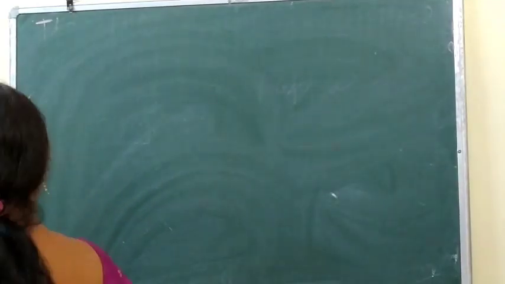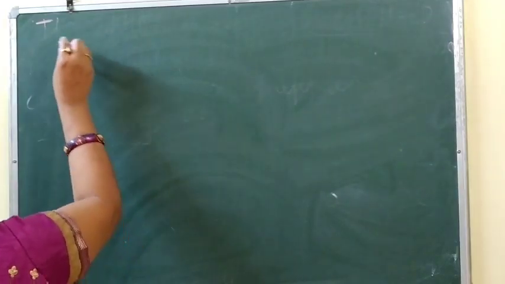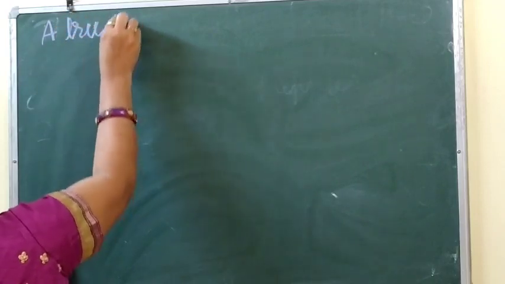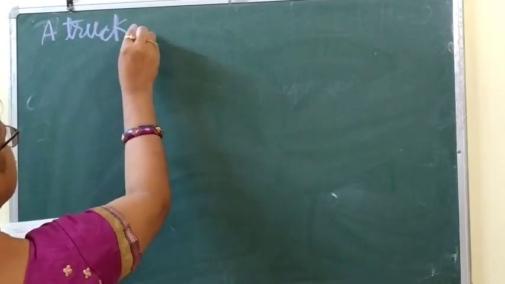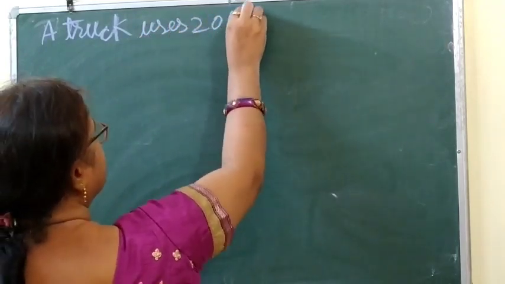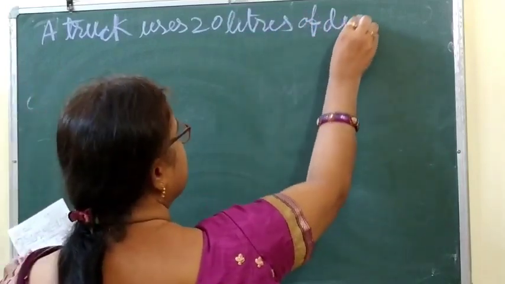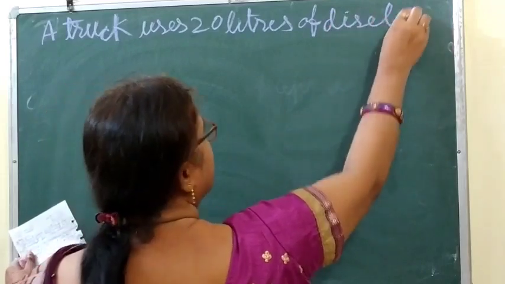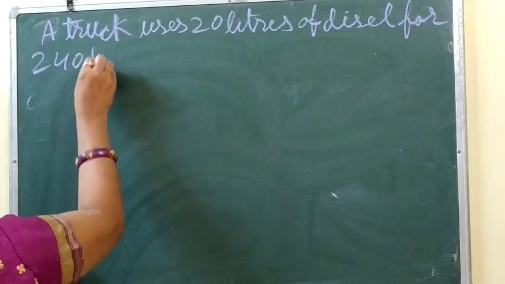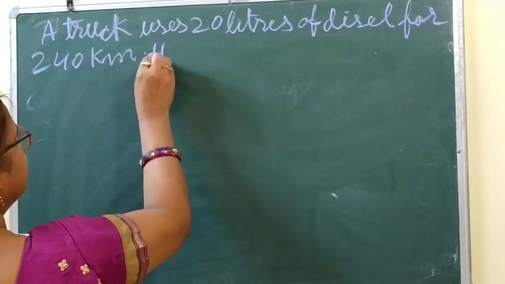So now the next question is, a truck uses 20 liters. Clear? 20 liters of diesel for 240 kilometers. How many liters will be needed